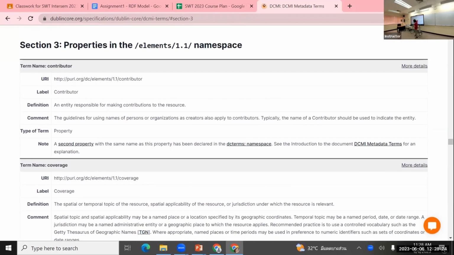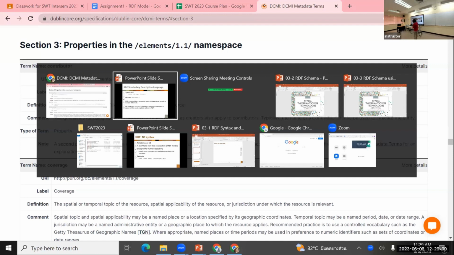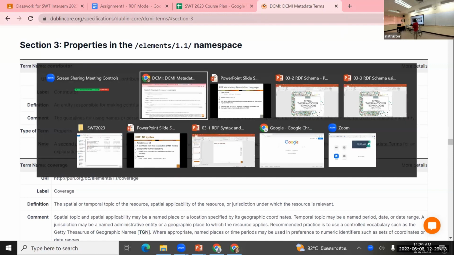Okay, starting from contributor as well. Who are contributors of the resource? Not only the creator. Sometimes you have an editor, those who do English proofreading, not only the writer of the work or the book, right? But even those who are illustrators, drawing or providing some photo image associated with the book, those who do the proofreading, those who do this and that, they are considered as contributors. So this also has an explanation of what it means, right? An entity responsible for making a contribution and so on. So what I'm saying here is that once we know that